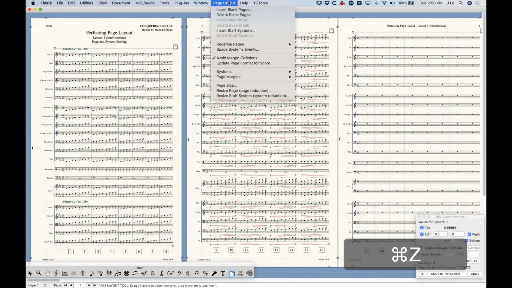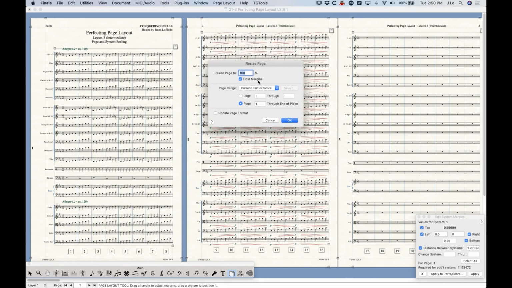Undo that, please. There we go. Going back here, this hold margins option is very strange to me. When you have this unchecked, it's not actually holding the margins. It's actually basically rescaling the page size as well, which I feel like this should actually say hold page size, not hold margins, because without this checked, if we go to